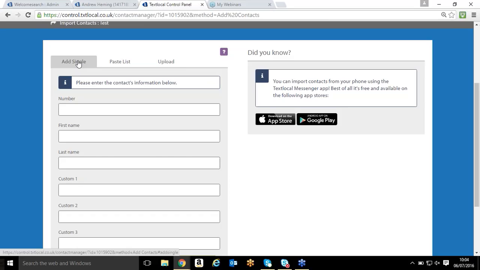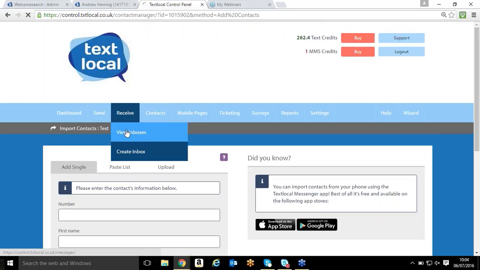Typically, you would do that through potentially purchasing data, which obviously is quite costly to the business. In addition to that, you're generally targeting uninterested parties or people that don't recognize you as a business. So it's normally quite hard to get a return using cold or raw data. So there is a way that you can build a database through text, through a service that's called a keyword